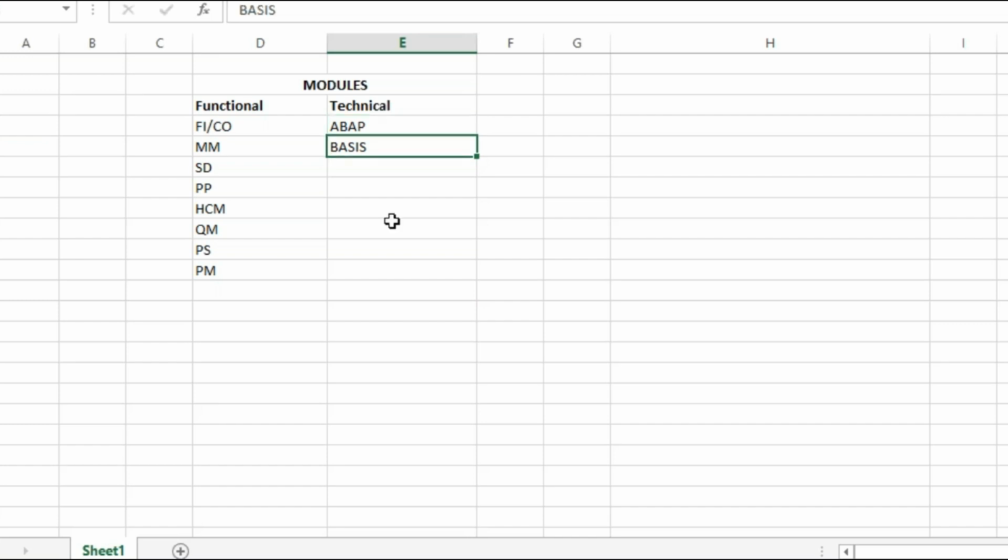And basis is a very important person, just as the FI person is a key from the functional side. The basis person is a key from the technical side. They're the people who issue your login ID passwords. They monitor the system so that nobody does any unauthorized activities. Server maintenance is done by them both physically as well as through the system.